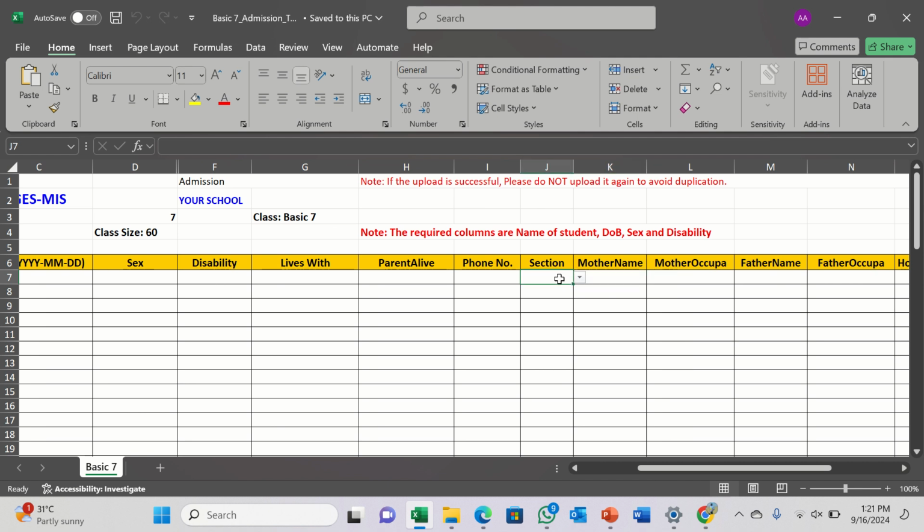Let's leave this section now. So, okay, let me just include it. We are supposed to be having sections. I don't know if they are still functioning. So we have sections, whether red, yellow, green, and blue. So let's also indicate if there are sections at the KG, JHS, and then primary school. So let's indicate that. The name of their mother, mother's occupation, name of father, father's occupation,